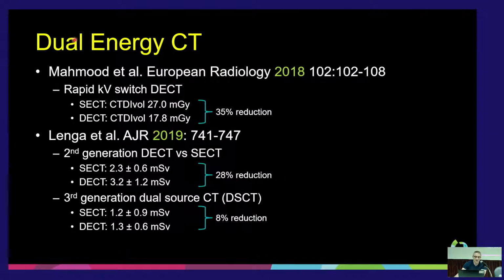CT scanners. And here, this is now rapid KV. What you can see here is, once again, the CTDI numbers were a little higher, especially historically. But now they're starting to come down a little bit, and they're starting to see dose reductions from dual energy versus single energy. And then here,